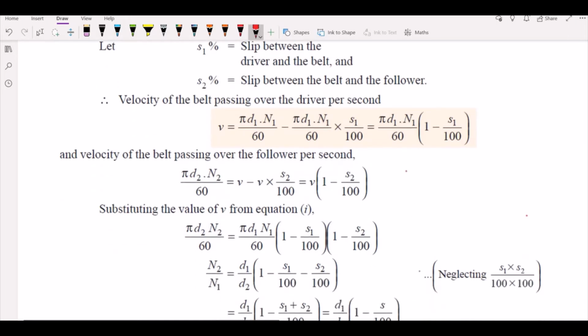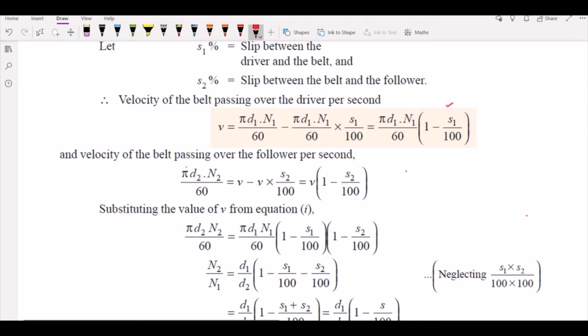if I want to calculate the slip of this, what is needed is, first, we need to know the velocity of the belt, which is for driver one. First we need to calculate the velocity of driver one. So here usually we have the velocity as pi D N by 60, but we are considering the slip also for driver one. Then we need to subtract the slip, which is in terms of a percentage of that velocity, that is pi D1 N by 60 into S1 by 100, that is in percentage. Okay, so finally we get this as case 1, equation 1, pi D N by 60 if I take it as common.